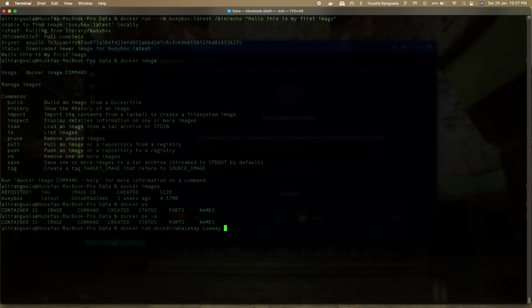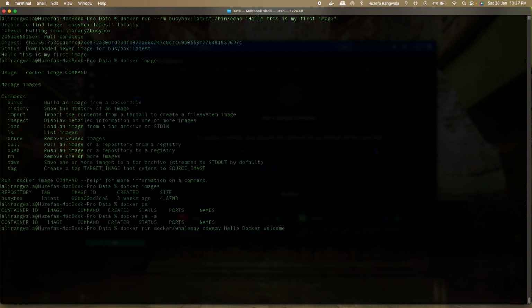Now, in the previous example, we downloaded the image busybox. We used the version latest, and then we ran the command echo. Inside that busybox, there's a command called echo. Here we are downloading the image whalesay, and we are telling Docker to only download the image created by the user docker. So this image will be downloaded, and under this image there's a command called cowsay. You run that command, and in that command you will just say hello Docker,